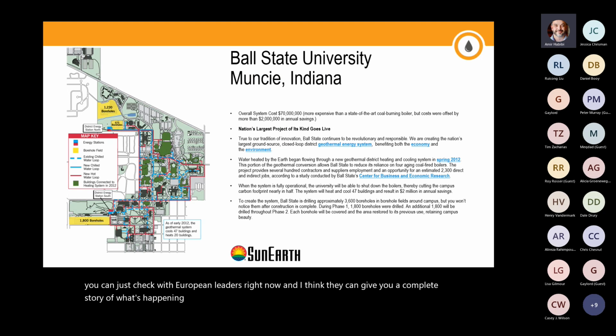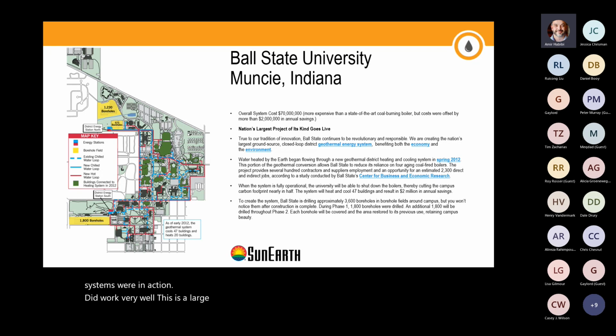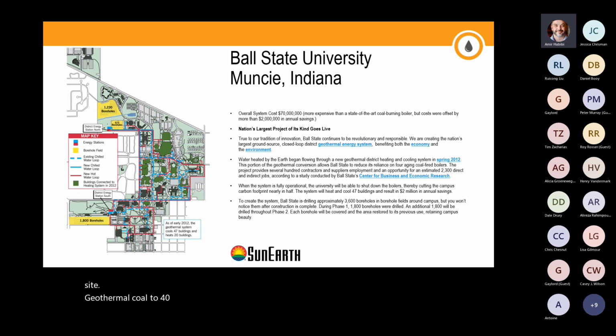But there are several great examples as these technologies are developing and being deployed, and the trend has been going on for some time, and that's great because we have case studies that go back several years, and we can see that the systems were in action and actually did work very well. This is a large scale and by far the largest project of its kind in the nation, at Ball State University in Indiana, and it has a district geothermal heating system. I believe close to 4,000 boreholes provide geothermal cooling to 47 buildings and heat to 20 buildings on the campus. Again, a large scale system. You can see the overall cost of the system is $70 million, which is a big price tag,